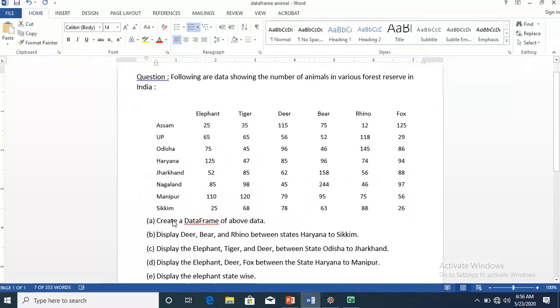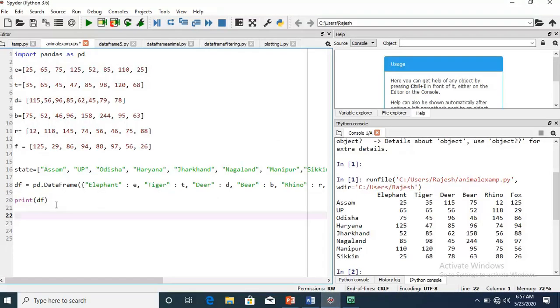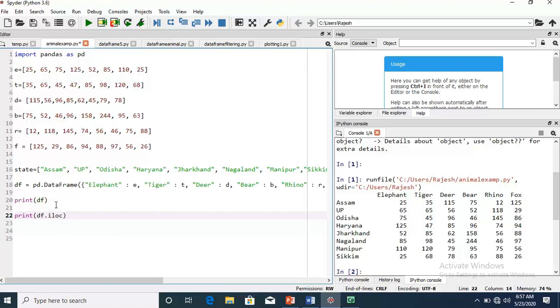Now the second question says: display the deer, bear and rhino between the states Haryana to Sikkim. This is very simple. I have taken these three questions for revision of loc or iloc. So we can do it with print df.iloc. You can also use loc, but here I am using iloc.